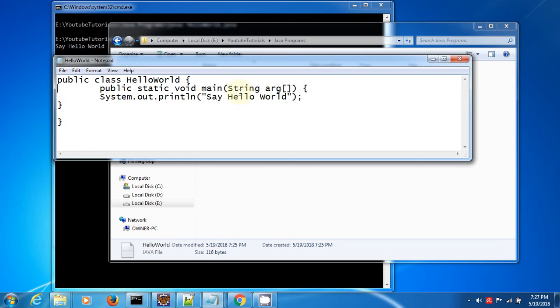I provided public because we cannot mark it private or protected, because it needs to be accessed from outside the class. And we have provided static because the JVM is not going to make the object for this HelloWorld class. It's just going to call this method directly by using the class name. And we have provided void because the main method doesn't return anything,